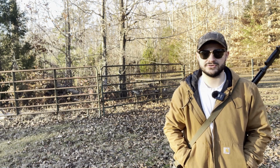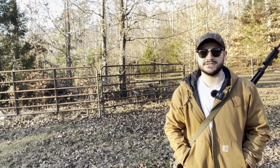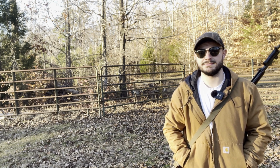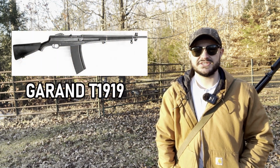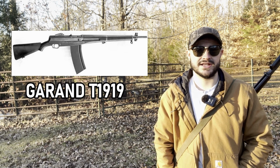Though the Ordnance Department turned down his design, they did see that it did carry merit. This would result in him being led to the National Bureau of Standards, where they would give him a position as a designer to make his vision a reality. This would eventually lead to his first ever prototype, the T1919 automatic rifle, chambered in a primer-actuated 30-06 cartridge with